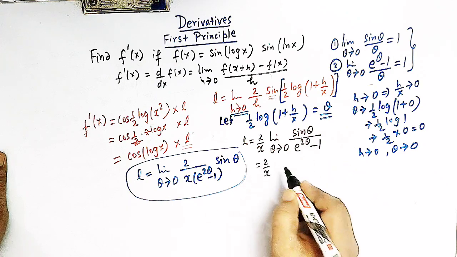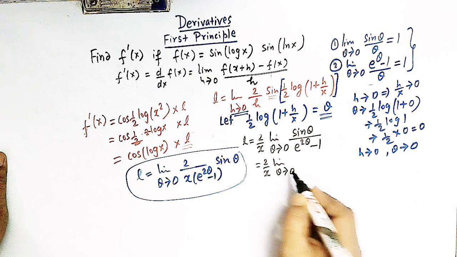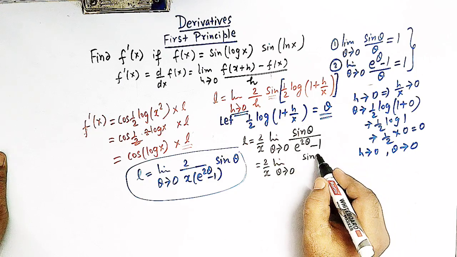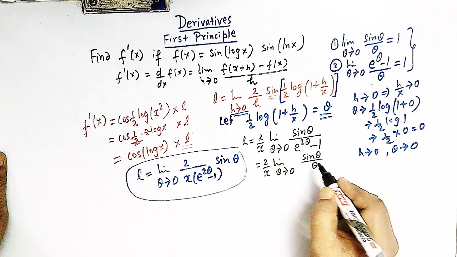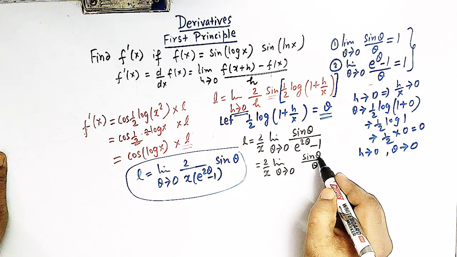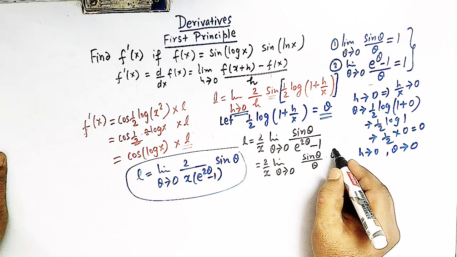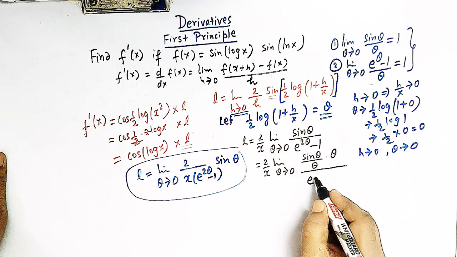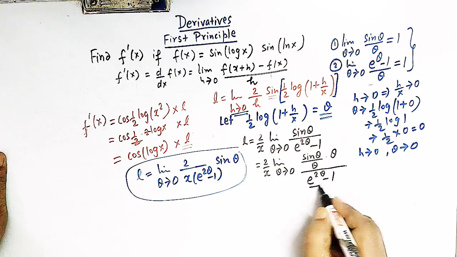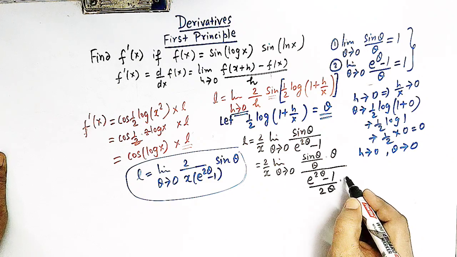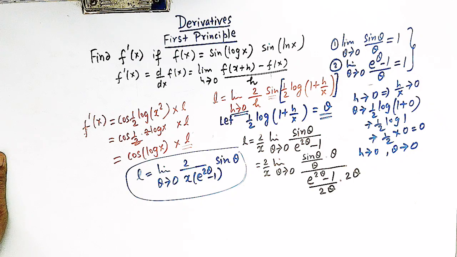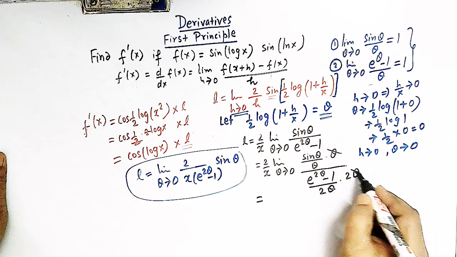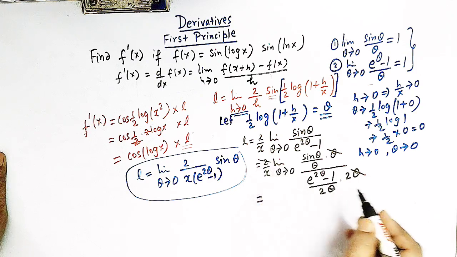Now see, we can express this expression as sine theta over theta, that is dividing sine theta by theta and then multiplying it by theta to compensate. And then we have e raised to 2 theta minus 1 over 2 theta, and here also we can write 2 theta, right? So now this theta and this theta get cancelled, this 2 and this 2 get cancelled,